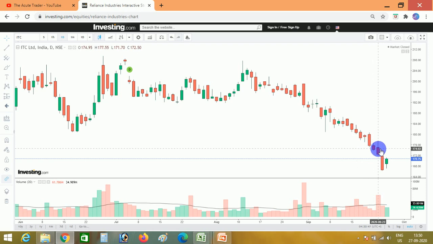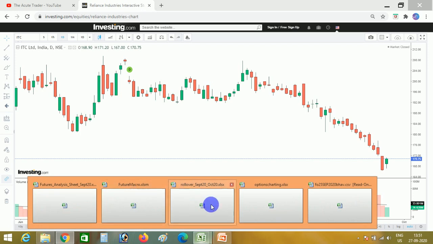So if we add our analysis that on 23rd September ITC has added a good open interest that confirms a short build up, so the high of this candle or the closing of this candle should be defended. So the high of this candle, that is 177.55, should be defended, and for that purpose I will write a bear call spread on those particular strikes, provided premiums are good. So this is the type of analysis I would like to do, and this is the type of analysis we can do with our rollover sheet.